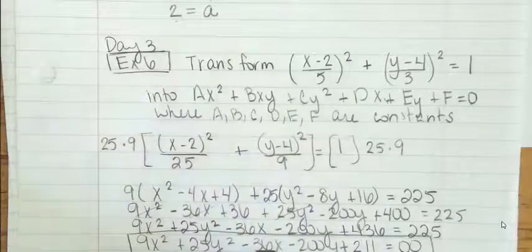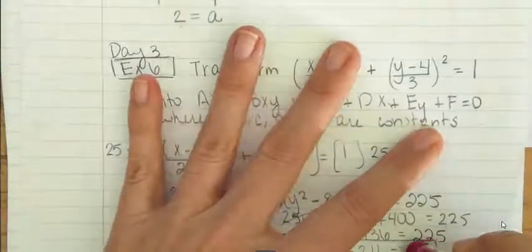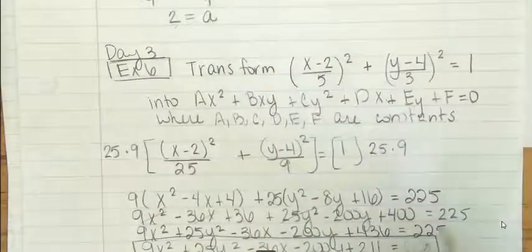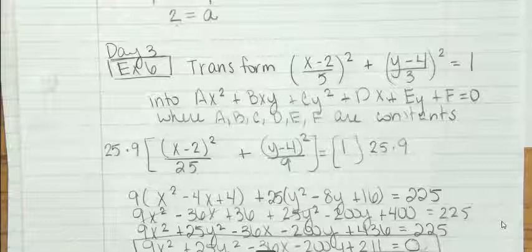And that is completely expanded. Oops, why do I have 0, 0? All you need is 0 there. All right, so